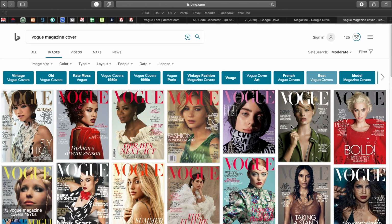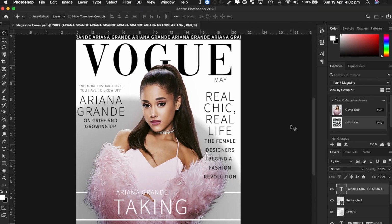And this is what we're going to create. So we'll keep this here just for inspiration. Although we're going to be doing this in InDesign, where our actual magazine is, we're going to be creating a lot of the pages in Photoshop. So let's get started. In Photoshop, we're going to go File, New,